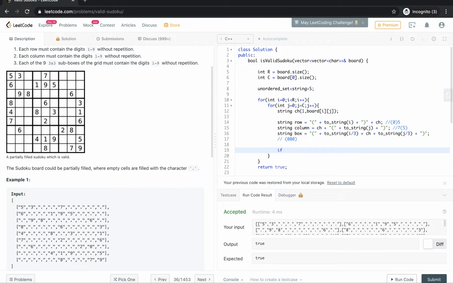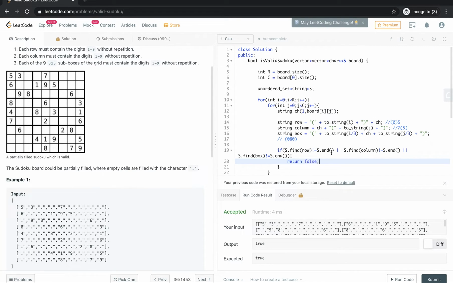After that we'll just do a small check here. If s dot find of row is not equal to s dot end, or s dot find of column is not equal to s dot end, or s dot find of box is not equal to s dot end, we'll return false.